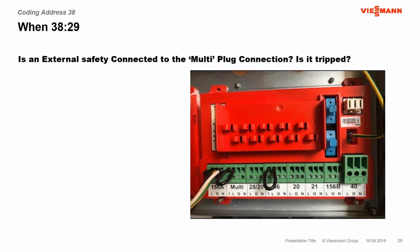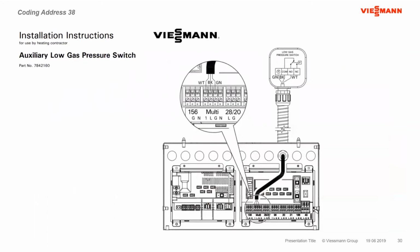This multi-plug sometimes is used for external safety. So in the manual, we detail certain areas, things like utilizing gas pressure switches. We have a detail here of using field supplied auxiliary low gas pressure switches or high gas pressure switches. You could utilize external fixed high limits, that sort of thing. And what we'll do is we take the device, and it needs to fail open. So if we have a low gas pressure in this case, it opens that contact, and basically there is no